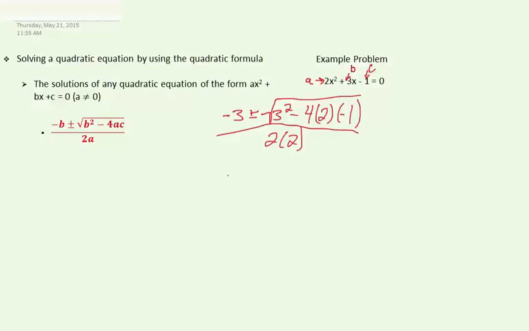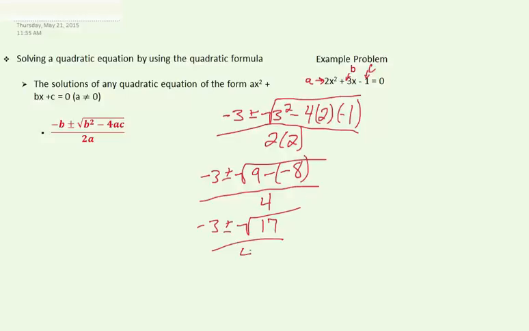So we can try to simplify this so it's easier to understand. 3 squared will give us 9, minus 4 times 2 is 8, 8 times -1 will give us a value of -8, divided by 4. If we add our values inside the square root, we'll get 9 plus 8 will give us 17 divided by 4. Since 17 can't be simplified into a simpler form, we're going to take the positive and negative square root